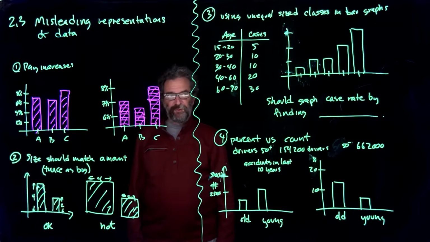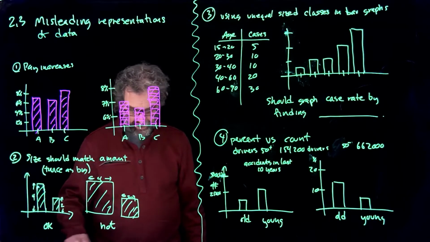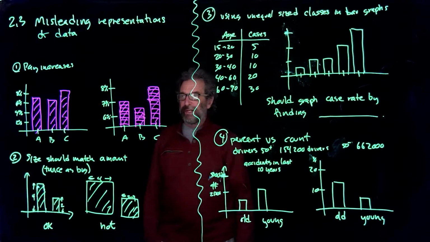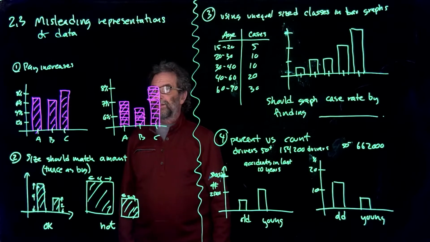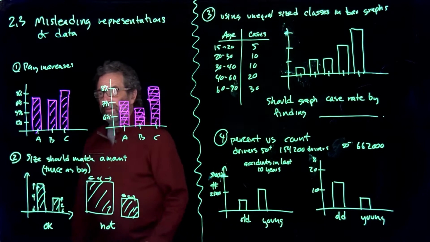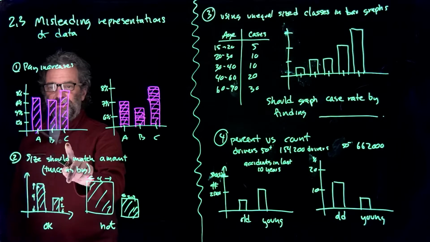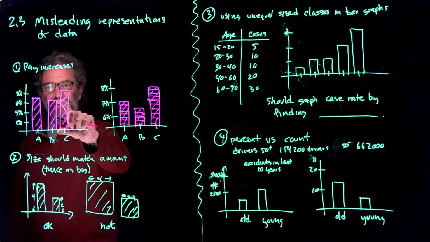Alrighty, we have here some examples of ways of trying to convince people of things that aren't true. Misleading graphs. You might even do it by accident. So the first one is an example of pay increases. These are the percentages of pay increases for 3 different groups of workers. The first group gets about a 7% pay increase, the second one a little bit less than 7, the third